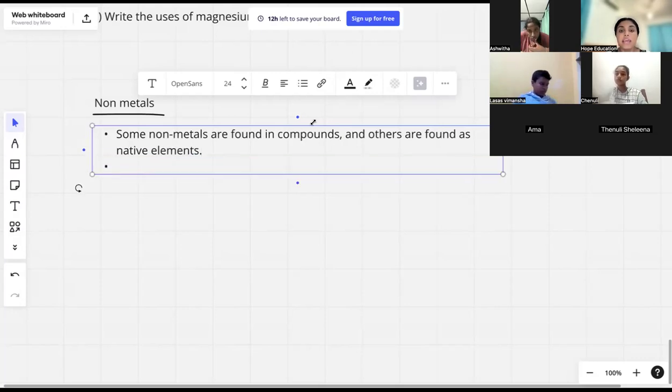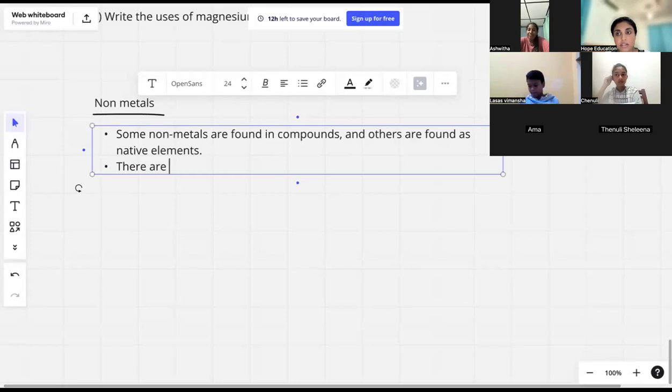Okay. Then another feature of non-metals is that now we talked about metals. When we talked about metals, we said that metals are solids at room temperature. But we said except for one metal. What is that metal? Generally, what is that metal? Mercury. Mercury is a liquid, but except for mercury, all the other metals are solids. But when it comes to non-metals,